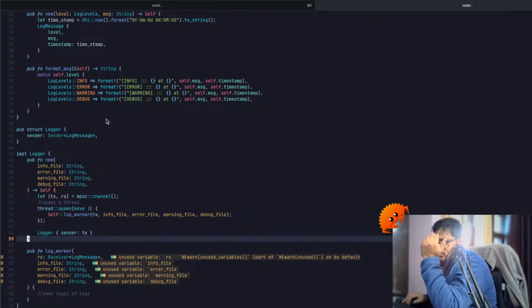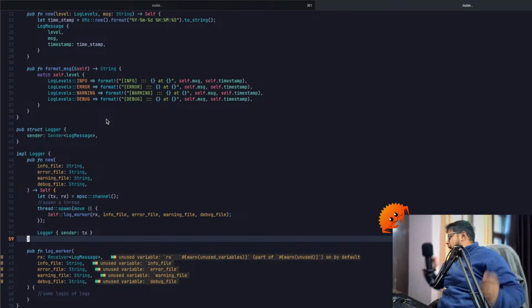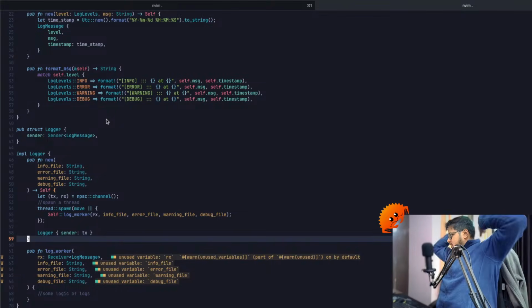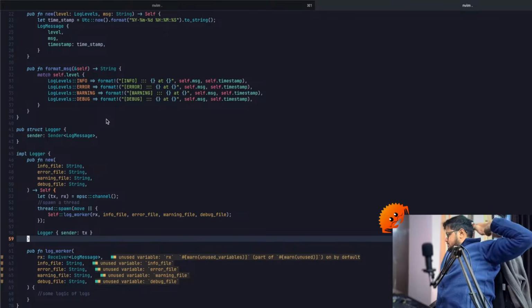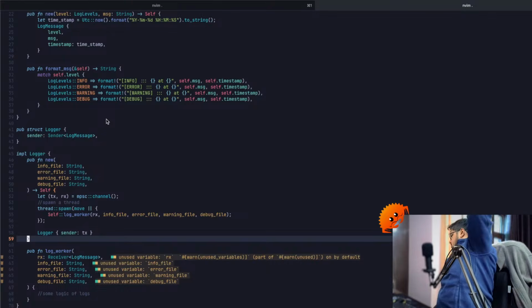So I'll say logger dot send, and I'll pass in the log message. I'll pass in the level and